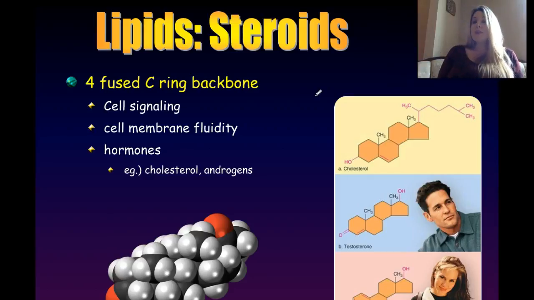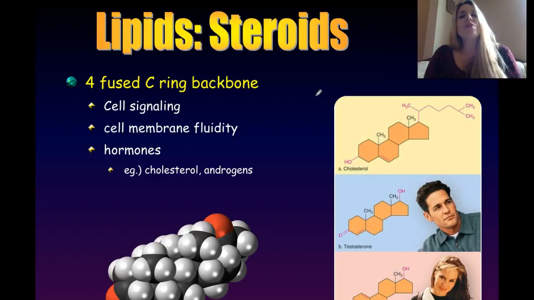Okay, and our final group to talk about, steroids. So cool. So it may surprise you some of the things that are categorized as steroids. So when you hear about anabolic steroids, the synthetic ones that people take illegally, you know, athletes, for example, those are actually synthetic forms of the steroid testosterone. And you're like, testosterone, right? The male hormone. And actually females and males both produce testosterone. It's just males tend to have more cell receptors on their cell membranes that respond to the testosterone than females do, and they also produce more.